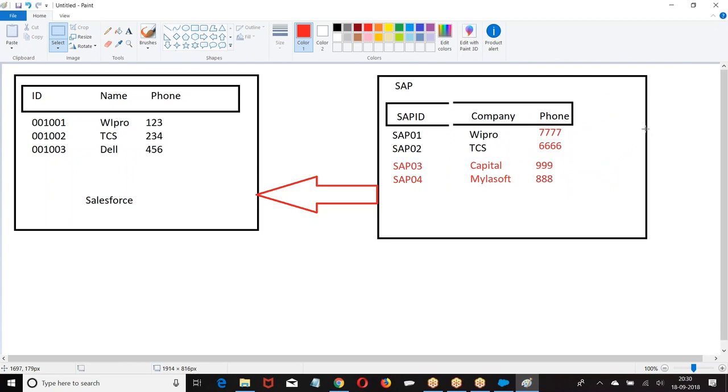If only SAP is sending the data to Salesforce, then we will not know the Salesforce ID, because SAP never took the data from Salesforce. The data which is there in SAP, I am sending to Salesforce. SAP people never know the Salesforce ID. Then when you are sending this data, on what basis will you say a record exists or does not exist?